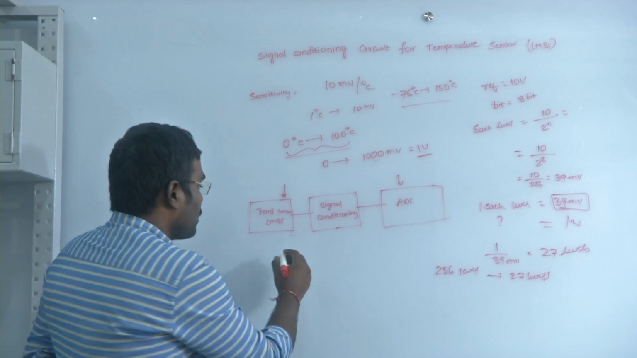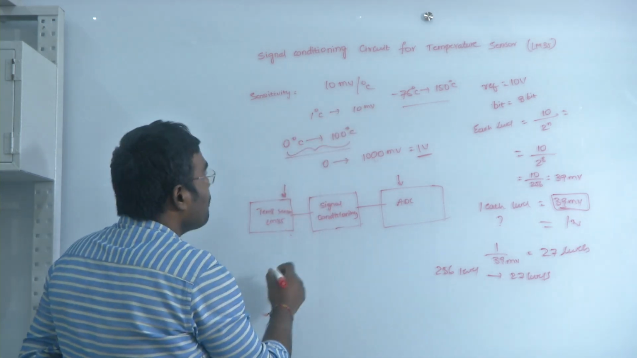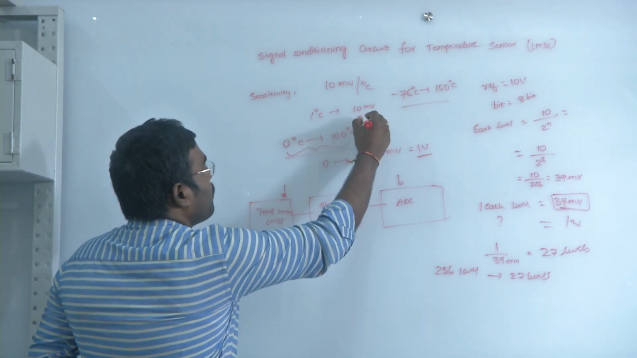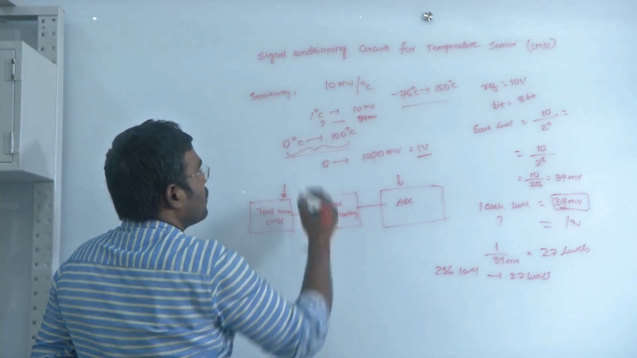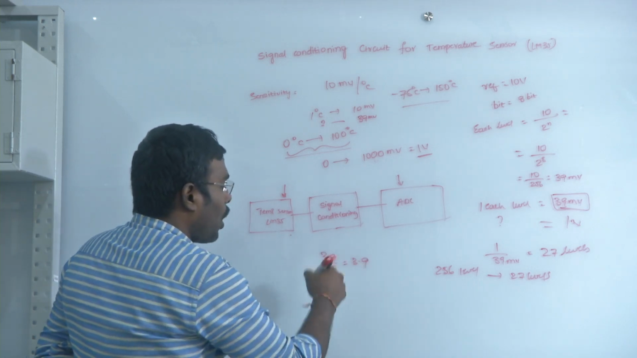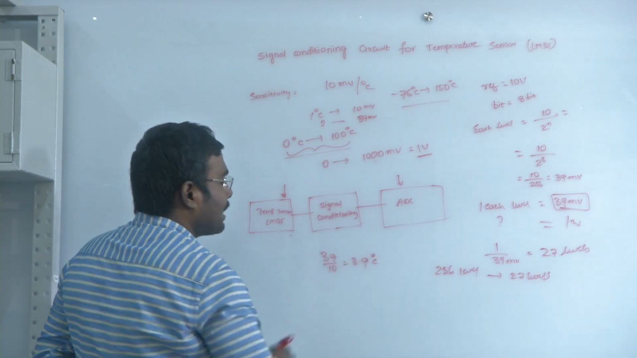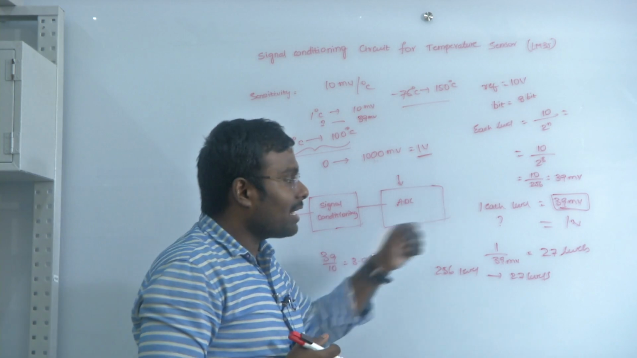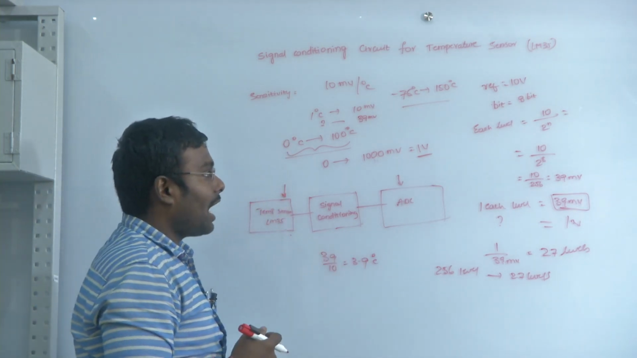So, if the sensitivity is 10 millivolt per degree centigrade, 39 millivolt will correspond to 39 divided by 10, which means the resolution of the system is 3.9 degree, which is approximately 4 degree. But whereas if I can utilize the complete levels, then each level height will be,